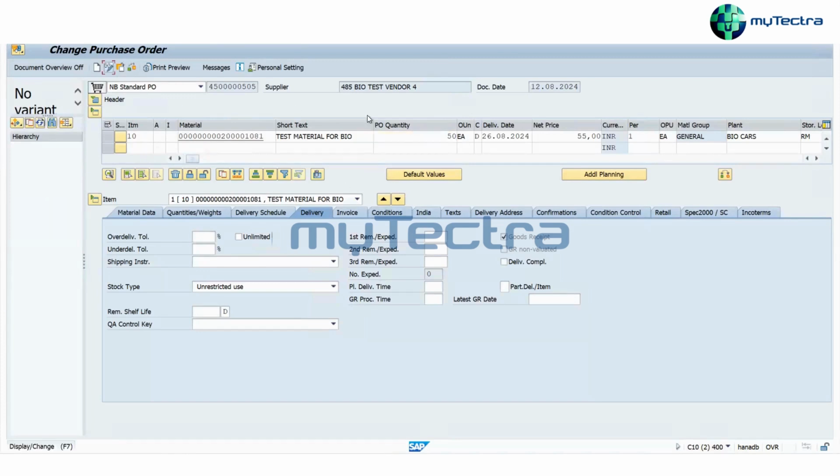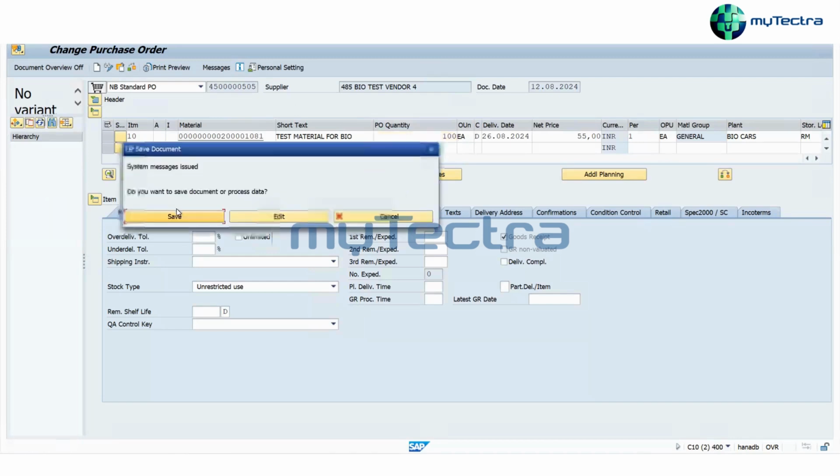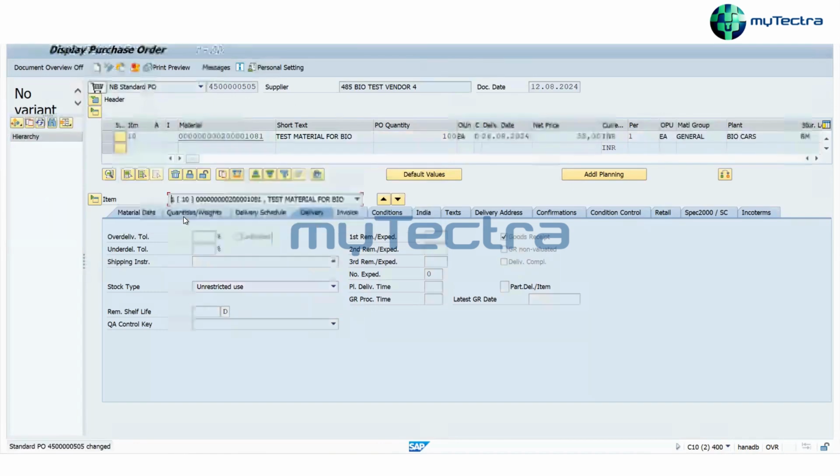So I can just go to change mode, enter the quantity over here, say 100, press enter, and then save it again. Got it?